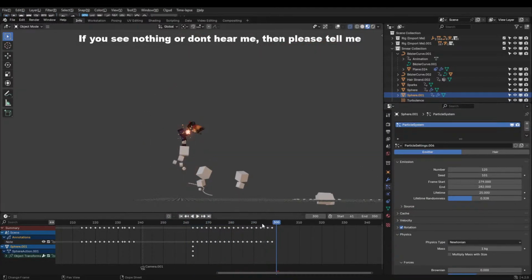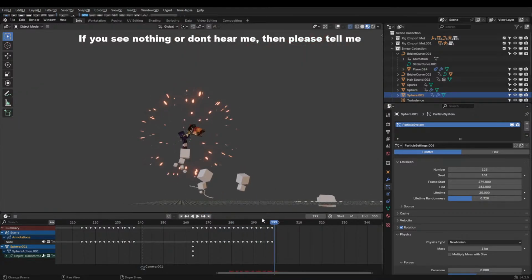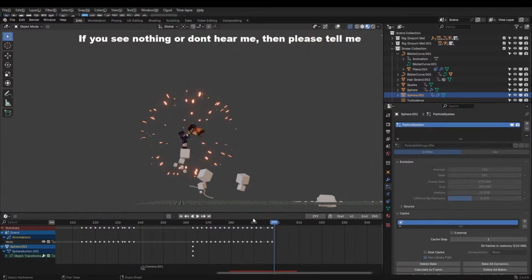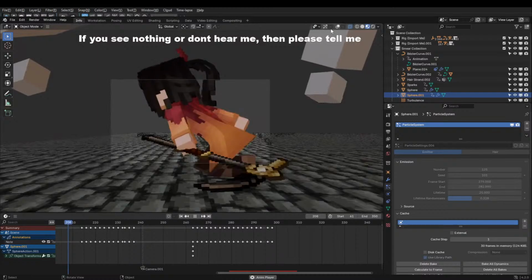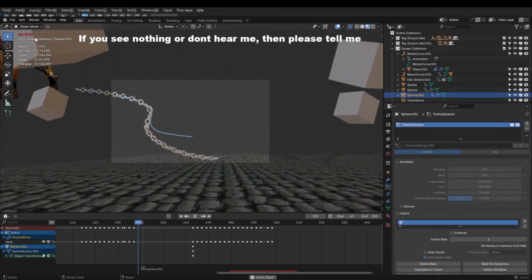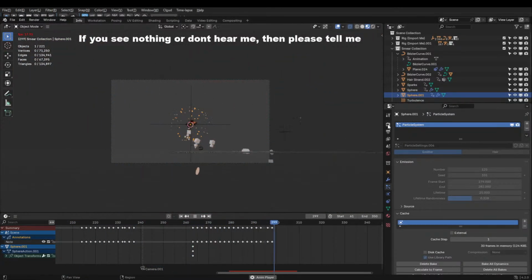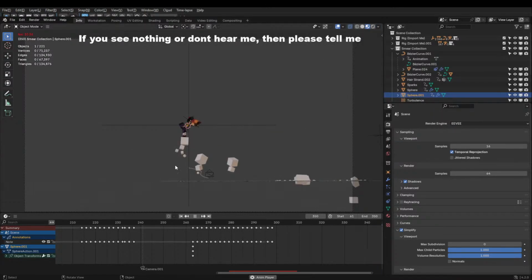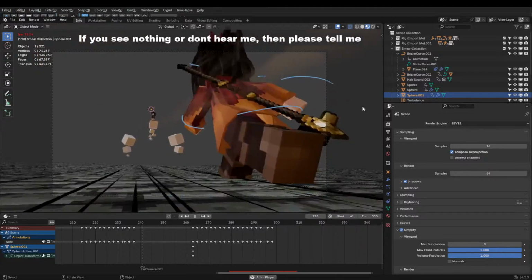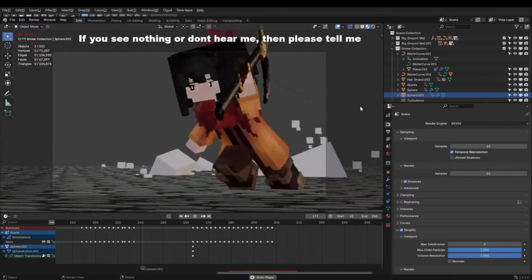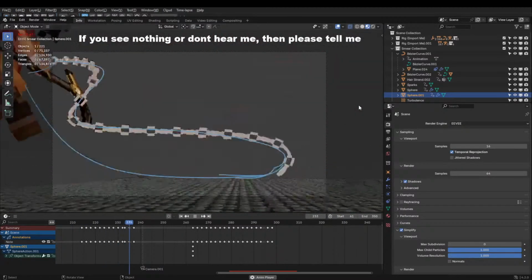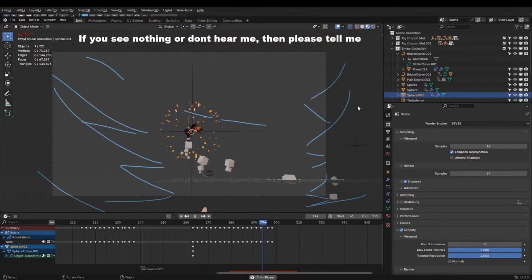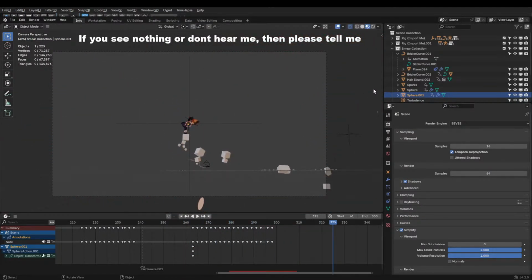I'm gonna try a different seed so we can get a different pattern. Yep, and that is good enough. I'm gonna bake that. I noticed we're getting a bit laggy. Simplify is on, so I guess we're just... oh, we have a posture on, that's why. Yep. It's looking nice. Next up, let's finish this off with the wind effect I was talking about, because we